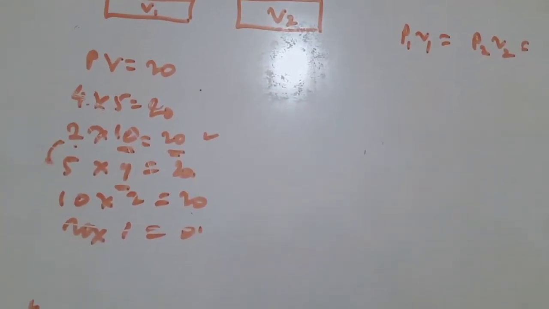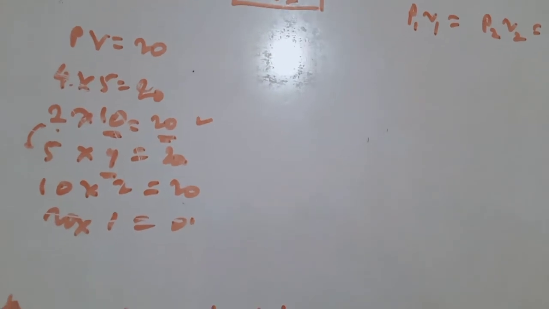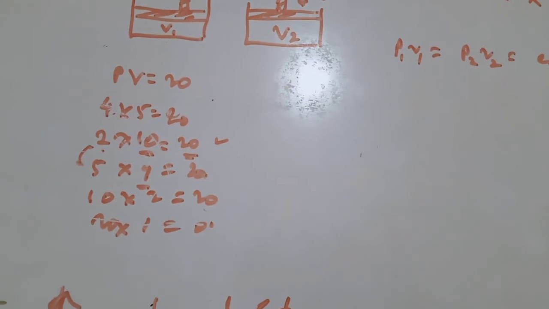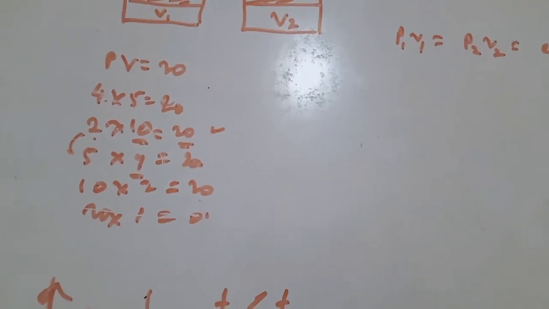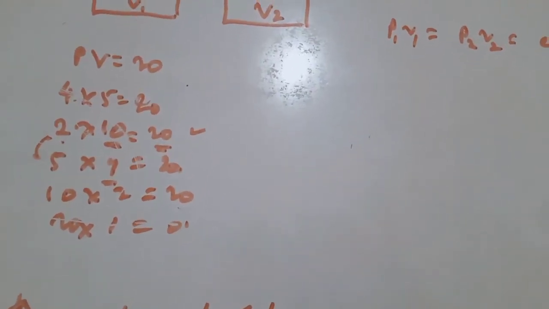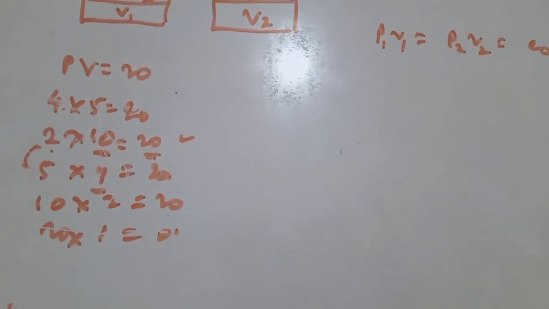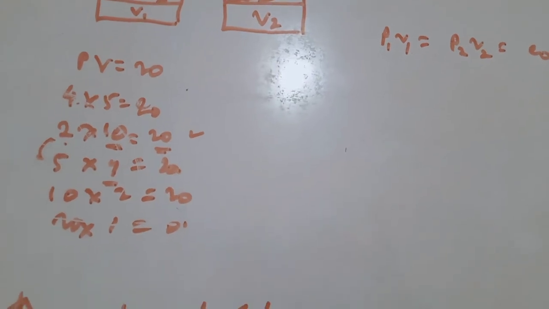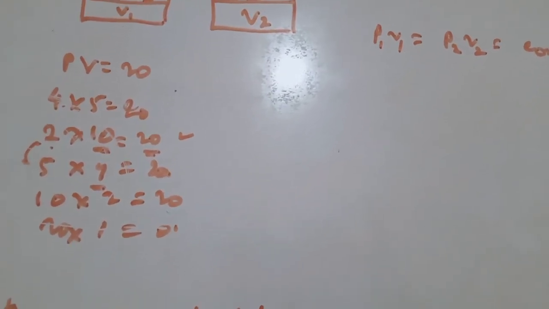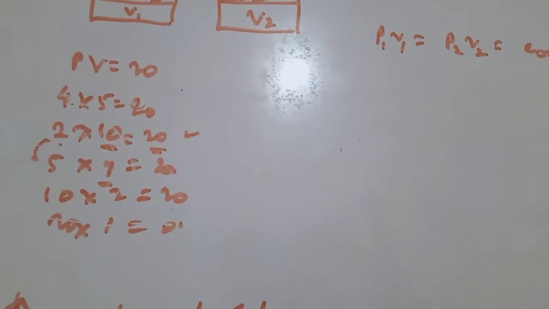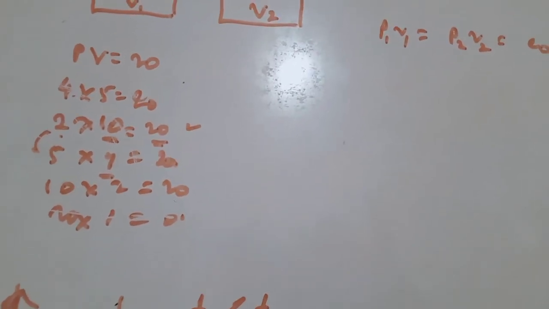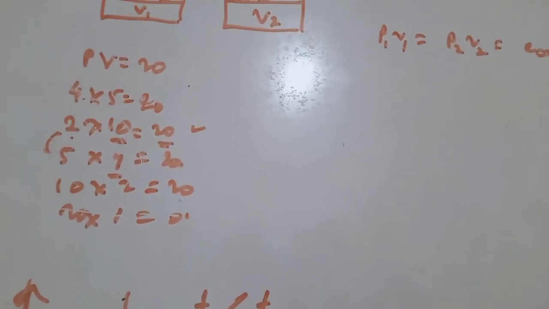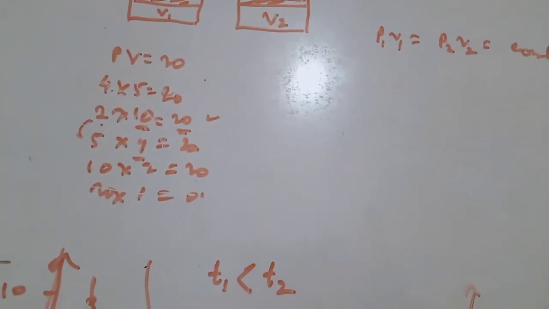But there are cases where the change in pressure is accompanied by a change in the number of molecules. There are some gases which display such behavior, for example, nitrogen dioxide gas. The change in pressure changes the number of molecules. So this nitrogen dioxide will not follow Boyle's law even under ordinary conditions of temperature and pressure. Specifically I am mentioning nitrogen dioxide.